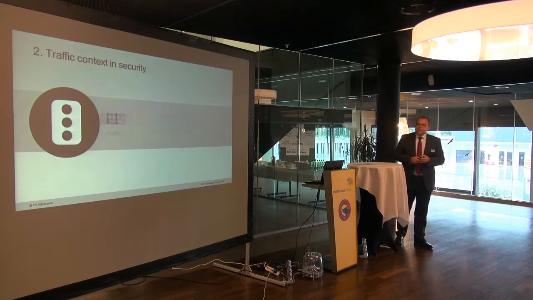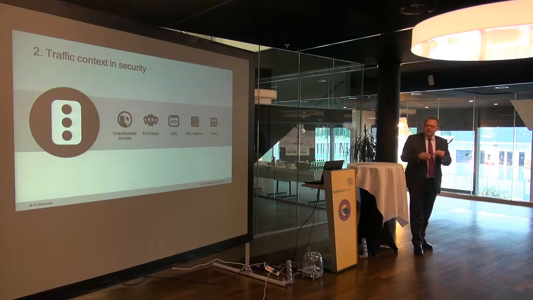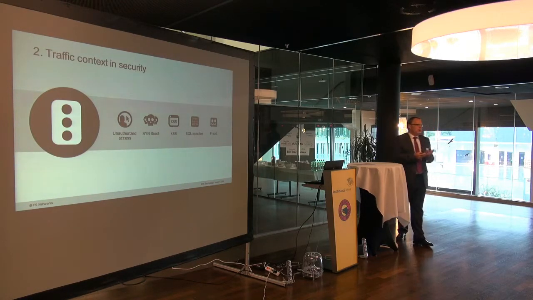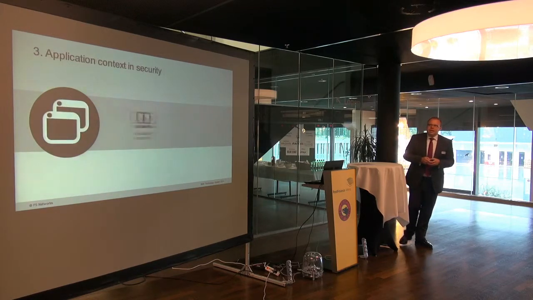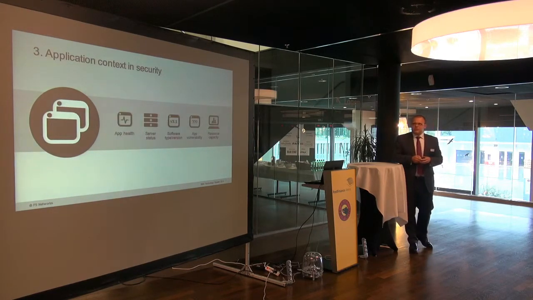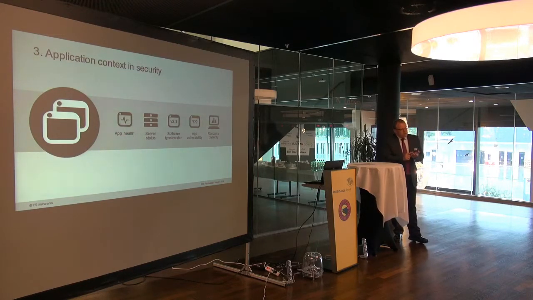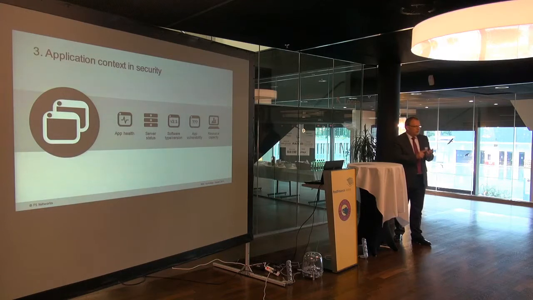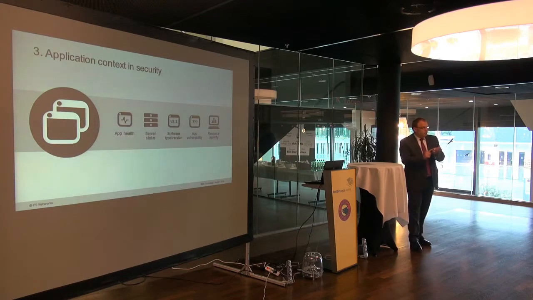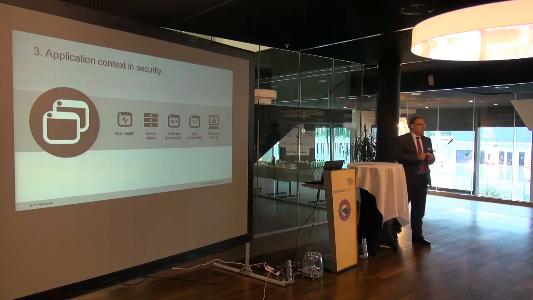The traffic, this is the traditional thing. So how is the traffic built? What is hidden in the protocol? What is the content within the packets? Things like this. And the last thing, application health. I talked about this. What is the application software type? Is this the right address where the traffic has to go? Is it allowed for the traffic to go there? Is it allowed for the endpoint? So the whole span of traffic control.